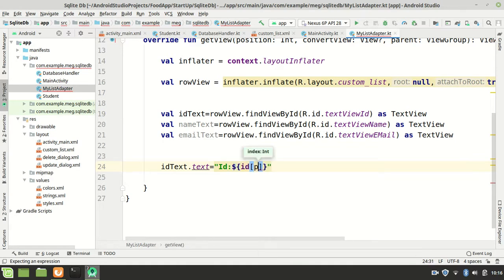So we have ID.text, and then we have name and email, so we'll do the same for ID.text,